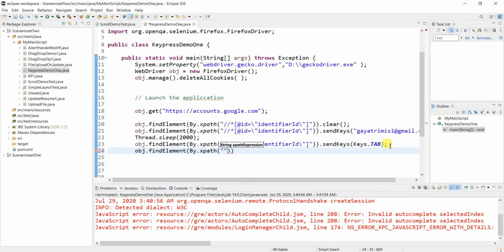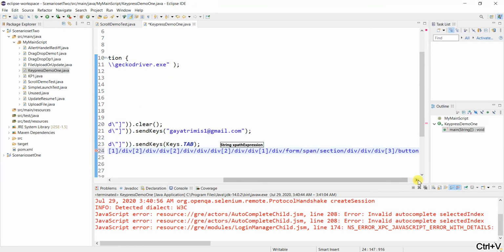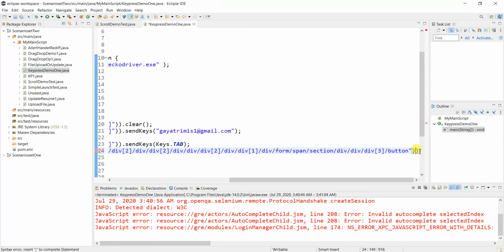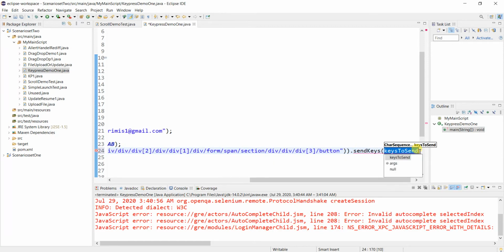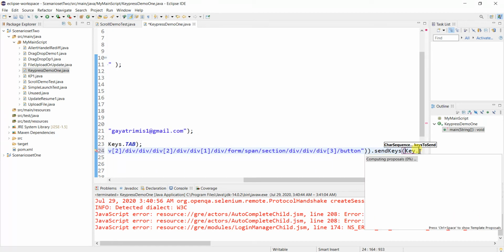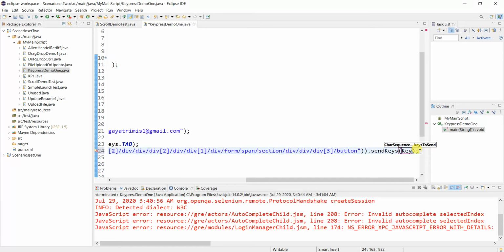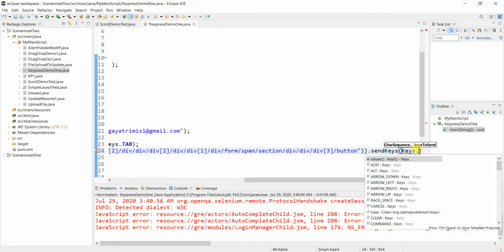Here, forgot email XPath, and after this dot send keys, and what we need to send: keys dot tab. So let's do one thing once again, keys dot tab.